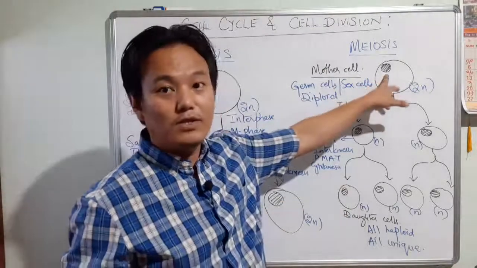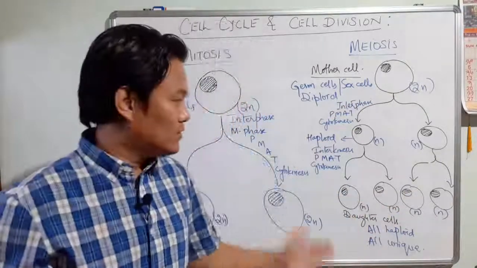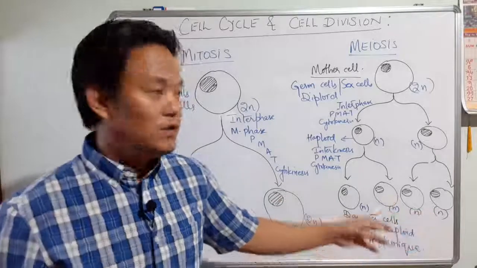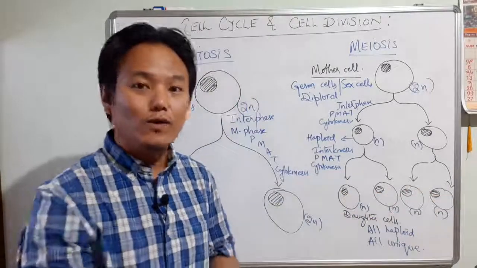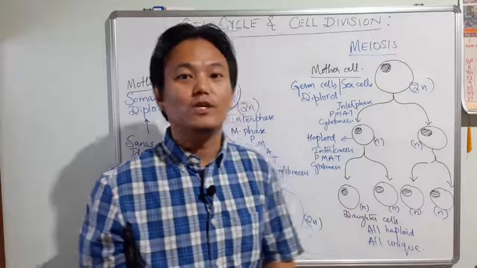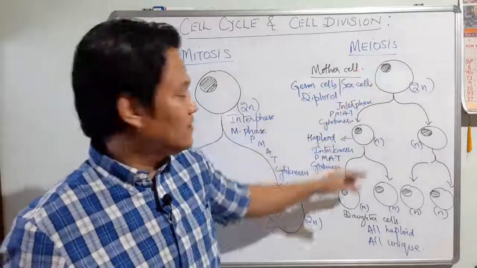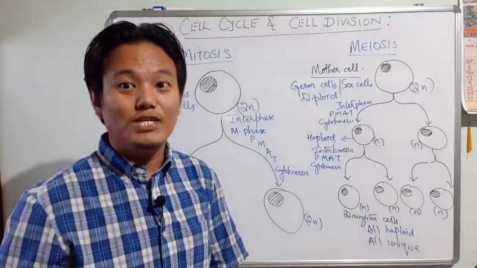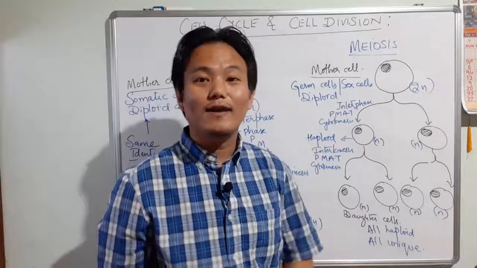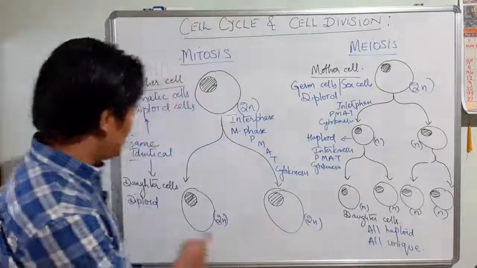Chromosome, but unique. All these cells, they are unique. They are all different from each other. They are different from their mother cells, obviously, but also they are different from each other as well, right? The genetic composition of these cells, they are different from each other. So they are all unique, unlike these two cells.